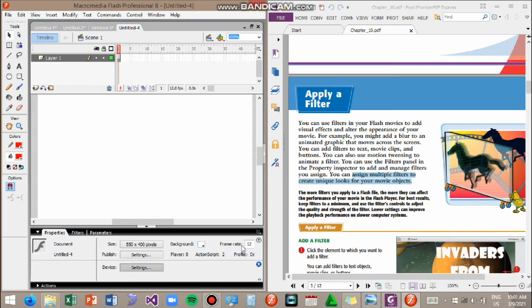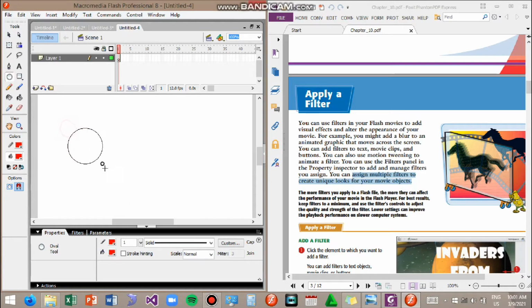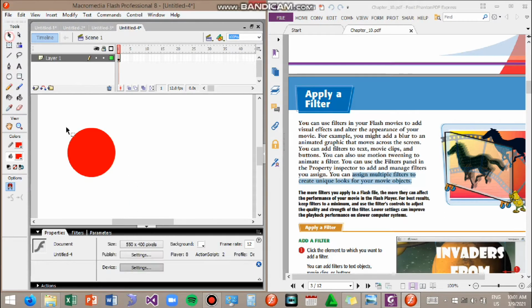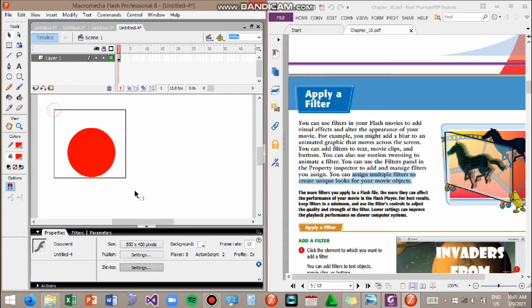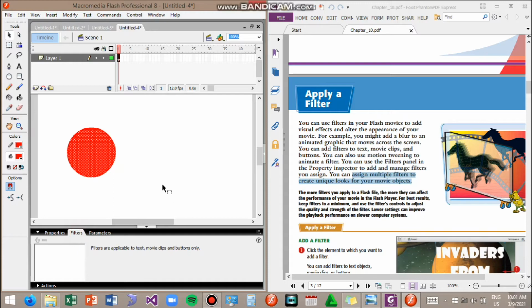So how do we now create filters in Macromedia Flash? Let's have this example. Let's create a circle here. Using this object, we can use the different filters, but we need to convert it first into a symbol.